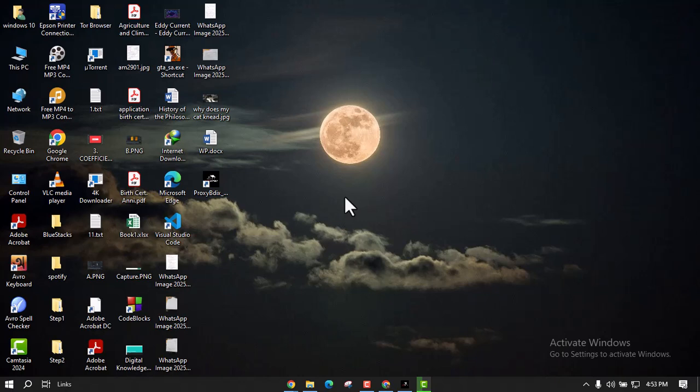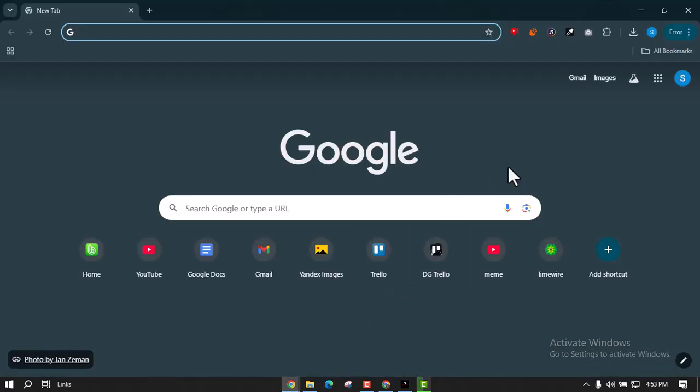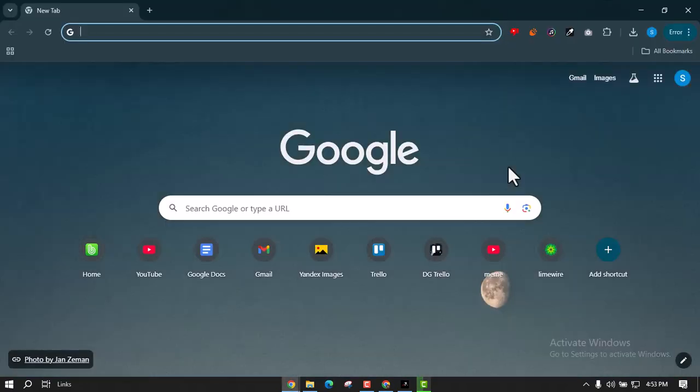In today's video, you are going to see how to delete saved passwords on Chrome. So to do that, let's head over to our Chrome browser. And once you're there, make sure you're logged into your desired account. And then head over to your